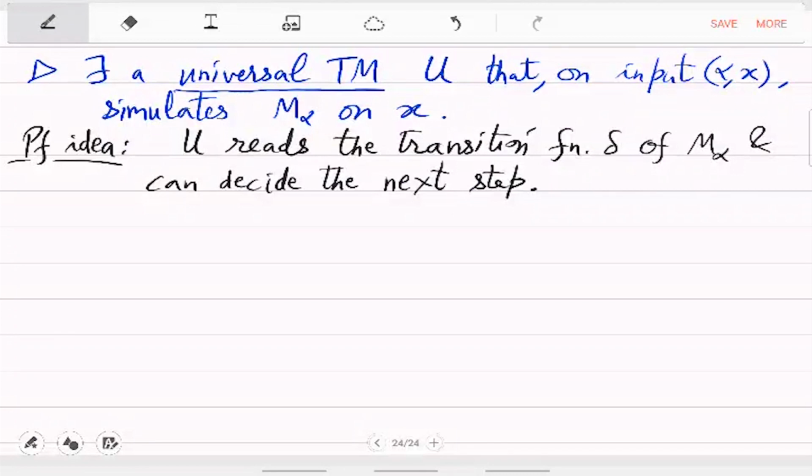Here remember that U also has two tapes, an input tape on which alpha comma x is written, and a work tape. So it can actually divide its own work tape into,